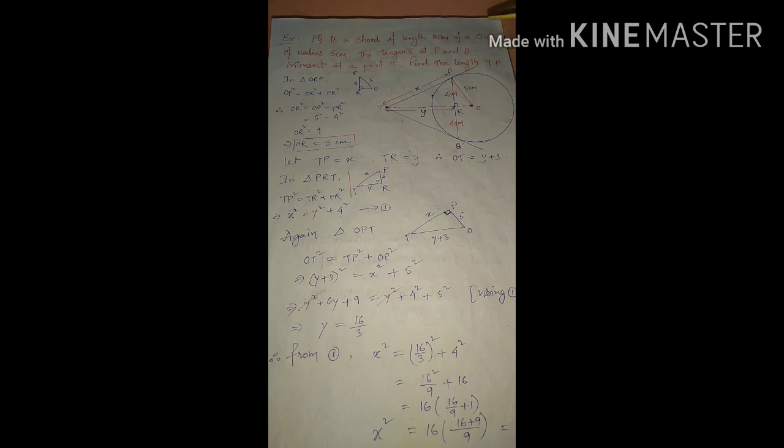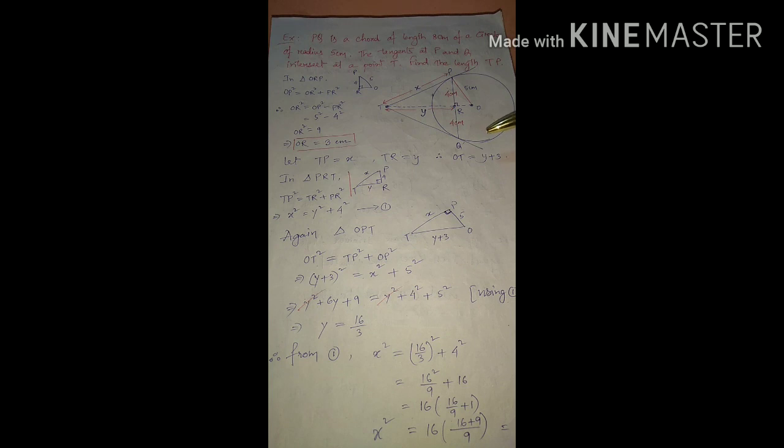So when we join PQ, after that from this center O we have to join the external point T. Now in this diagram, this line OT bisects PQ. Bisect means it is separated into two equal parts, so the PQ length is 8 cm, and these two parts are 4 cm and 4 cm. Here the midpoint we consider as R. So PR equals 4 cm as well as QR is also 4 cm.